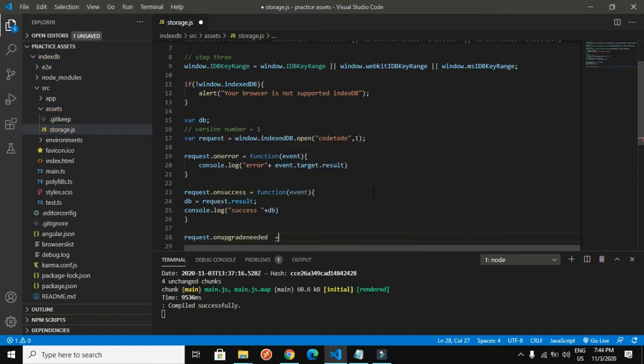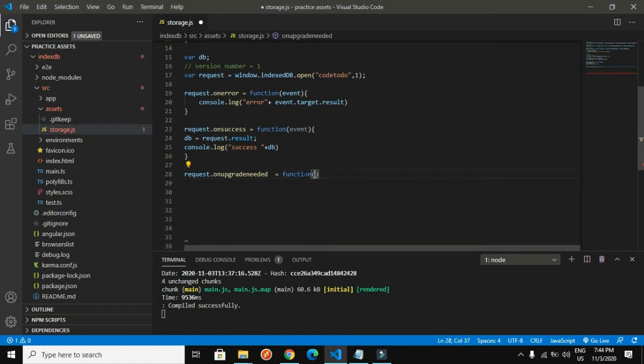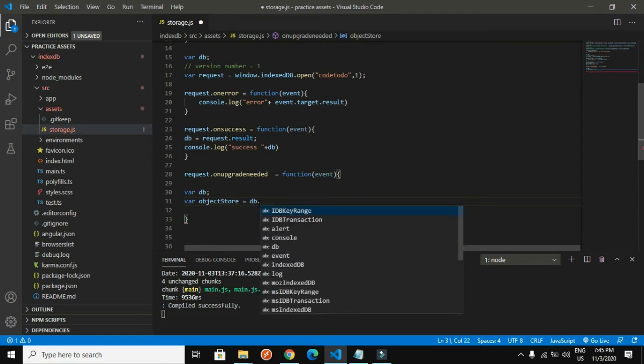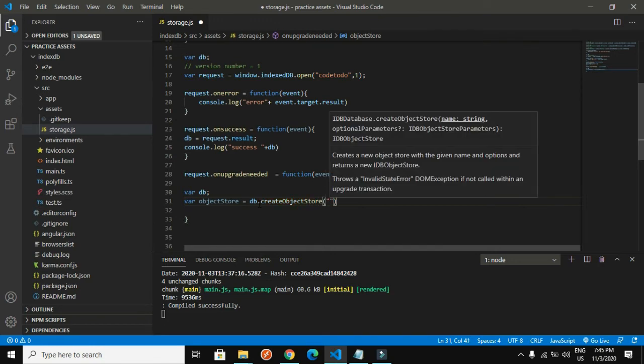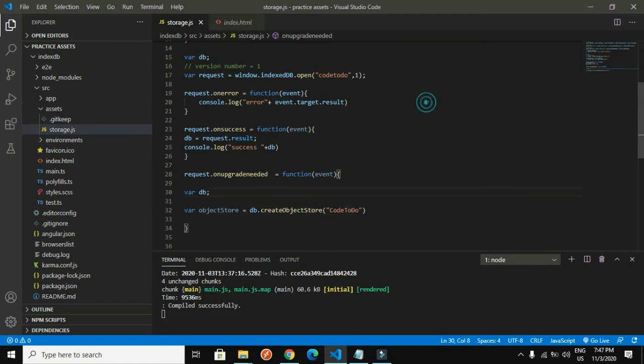और request.onupgradeneeded, ये फंक्शन डिफाइन होगा कि हमें उस इंडेक्स डीबी में कौन सा टेबल क्रिएट करना है वो। तो ऑब्जेक्ट स्टोर, सॉरी, db.createObjectStore, तो यहाँ पे हम वैल्यू पास करेंगे। और फिर तो पहले इसको फॉर्मेटिंग कर देते,